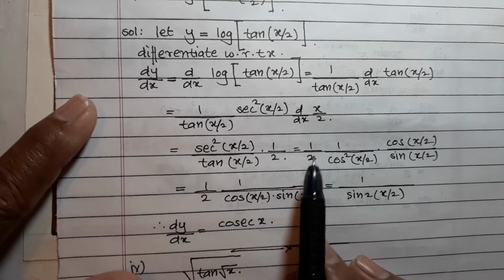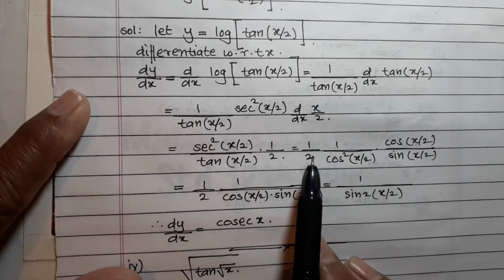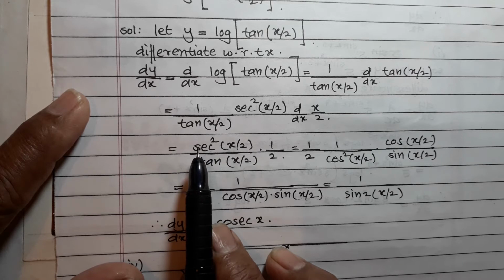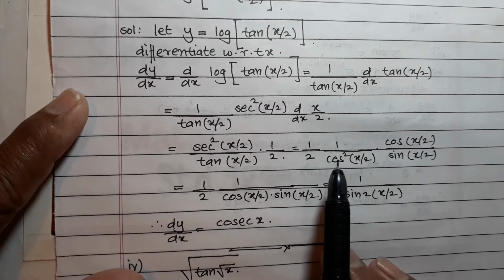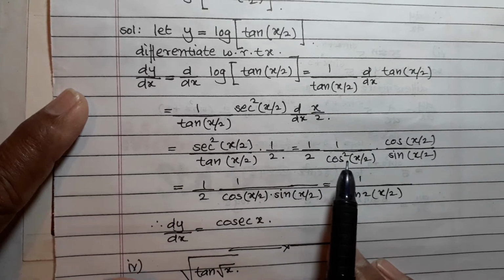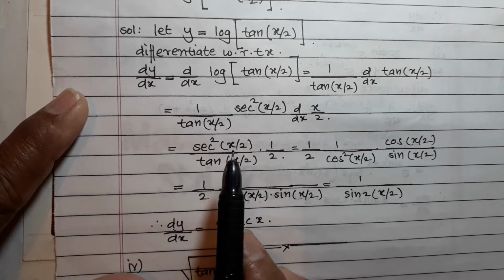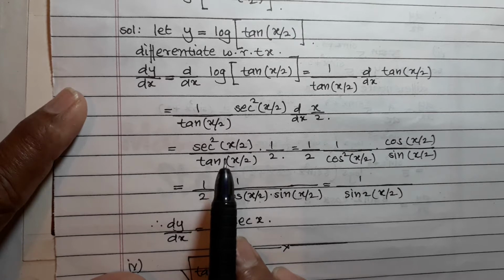Therefore it is equal to 1 upon 2 into this sec square, I convert into cos square, so cos square x upon 2 into this tan, means cot, 1 upon tan, that is cot